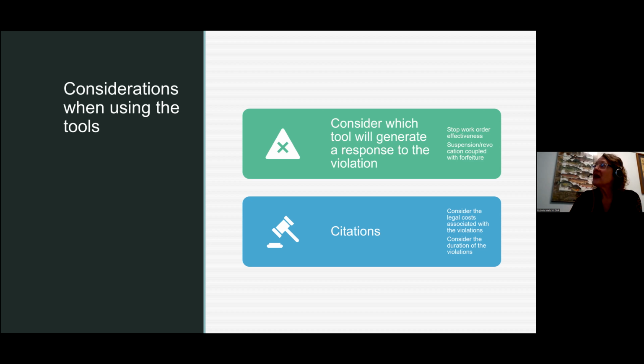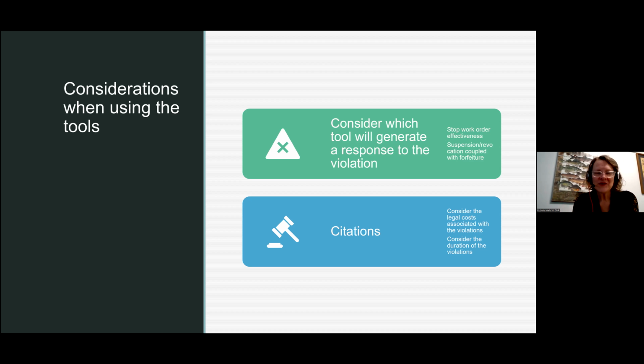Likewise, suspension revocation might send a very strong message as well, along with a stop work order. But if you could couple that with a penalty or a citation, also known as a forfeiture, but I'm not talking about forfeiting a bond at this point. I'm talking about coupled with a citation, that maybe a brief suspension of permit along with a penalty can send a stronger message to some sites where maybe a stop work order by itself wouldn't be as effective.